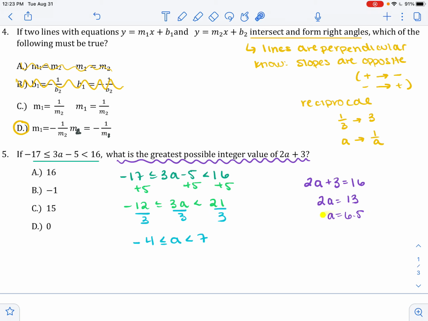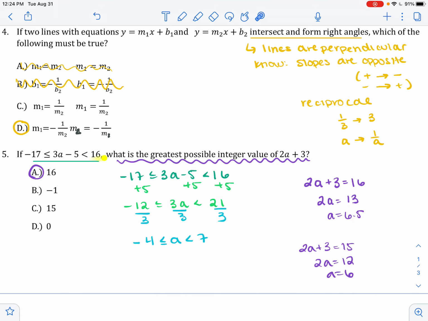Notice, A equaling 6.5 falls within this range. It's okay that A is not an integer. We want this quantity to be the integer. So our answer here is 16. A lot of us chose 15 because I think we were anticipating that A should be an integer. So setting 2A plus 3 equal to 15 gives us 2A equals 12 and A equals 6. So A here is an integer and also falls within this range, but notice A can be a little bit larger and